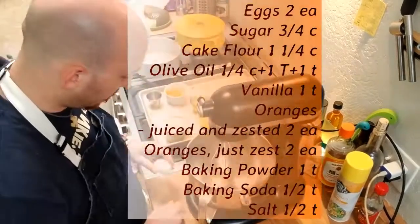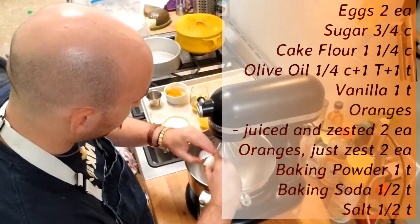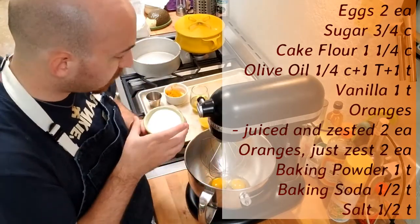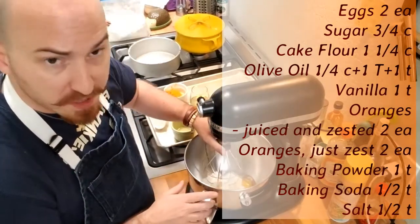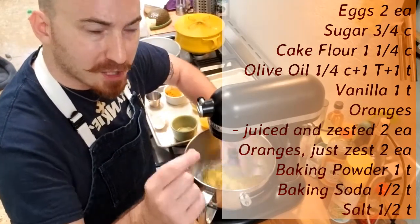Eggs, you need 2 of them. We're going to crack 2 eggs into our mixer. You're going to need the whip attachment for this. So 2 eggs, 3/4 cup of just regular granulated sugar. Now what I suggest is, before we start whipping this, combine the 2 with the whip. This is going to make it so you don't end up with any dry sugar at the very bottom of